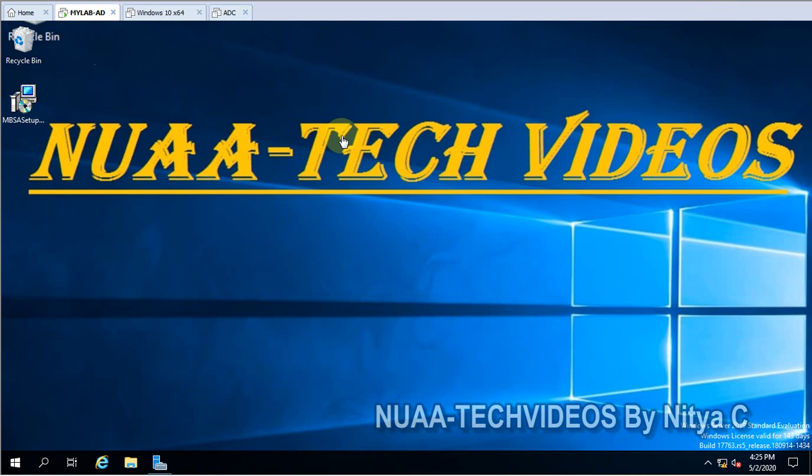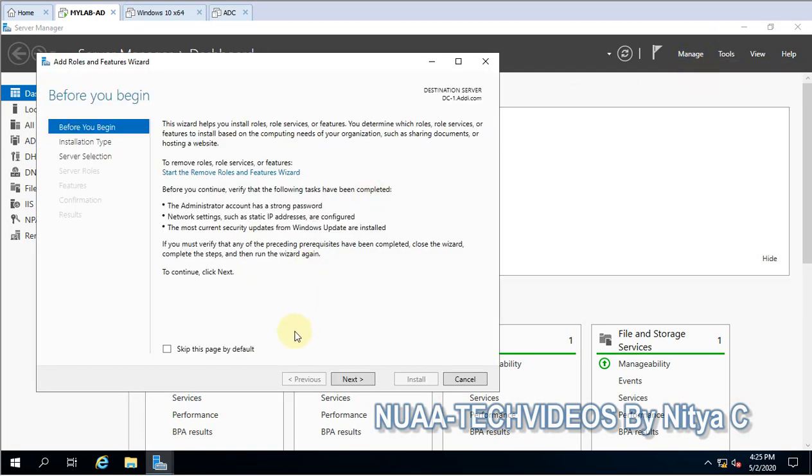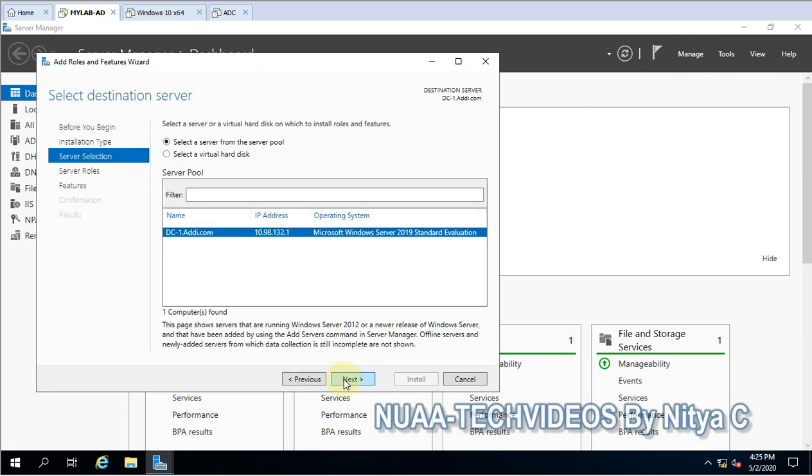So now let's go ahead and install the role first. For installing the role, you have to open Server Manager, and here you can see this is the server, and I'll install the WSUS role. So you have to click on Manage, then Add Roles, then click on Next, then click on Next, and this is the server which I'm going to install on.